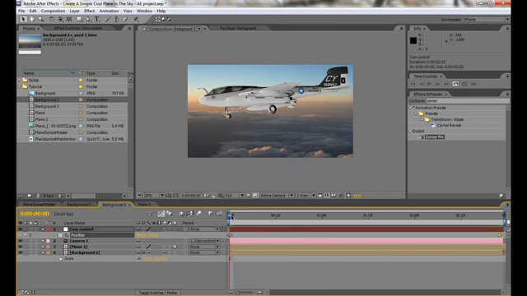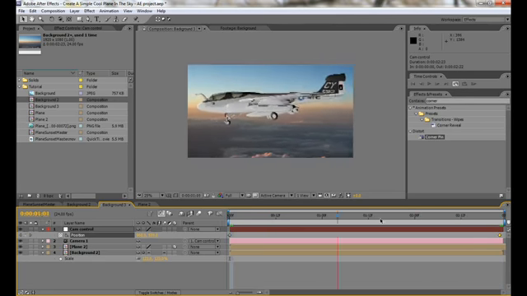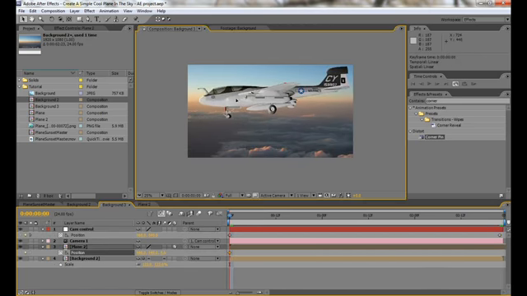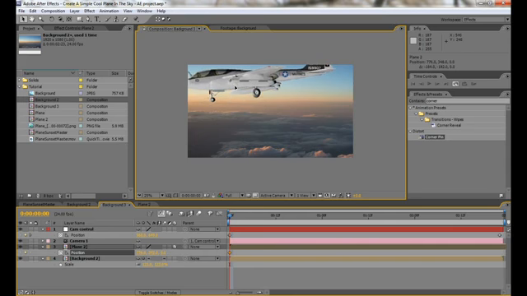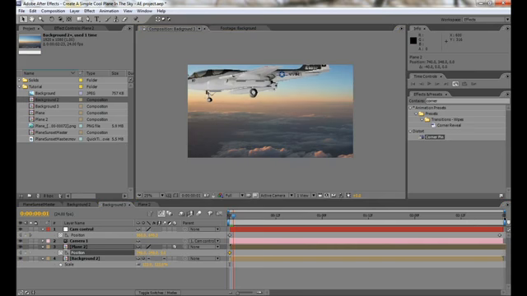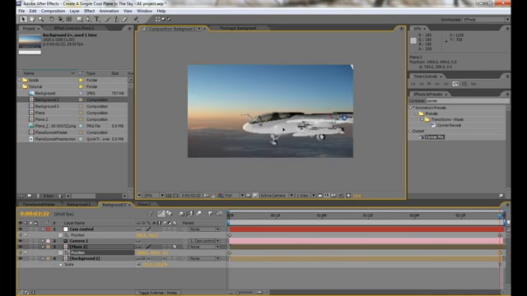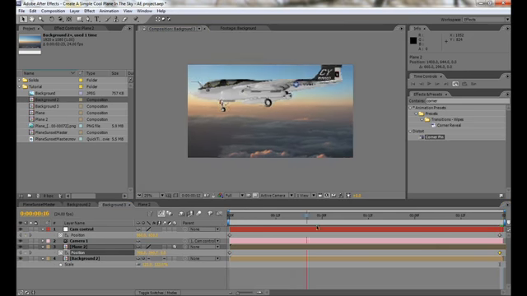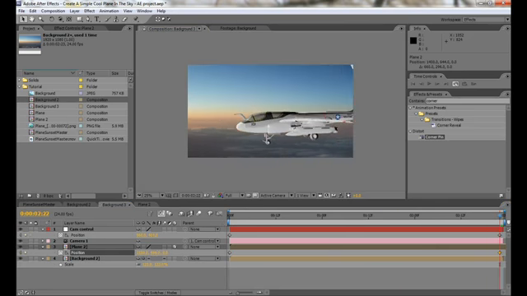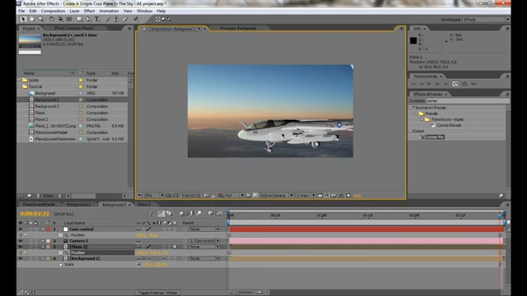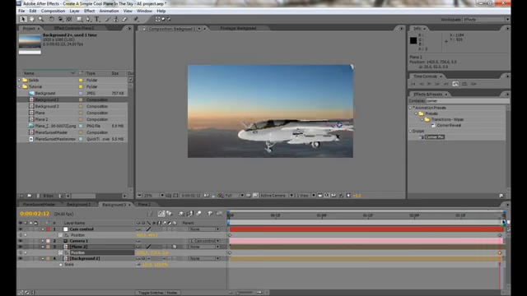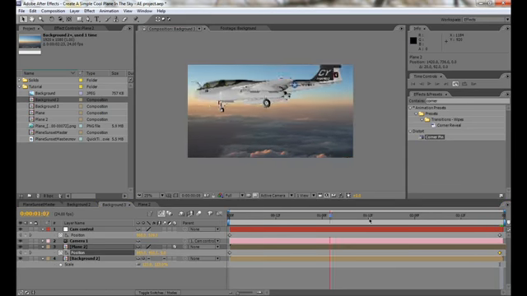But still the perspective of the plane doesn't match. So what we can do is change the position of the plane a little bit from somewhere over here to maybe somewhere here. And now, like you can see, it looks a little bit better. You can play around with this as long as you want to make it perfect,